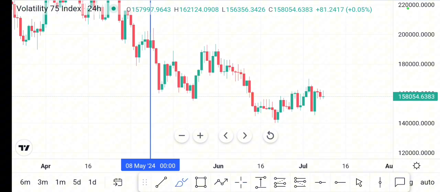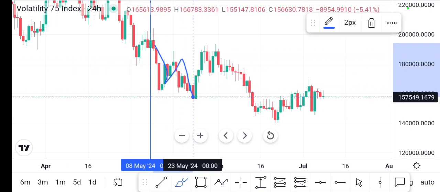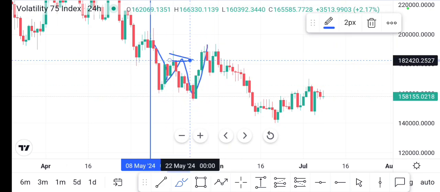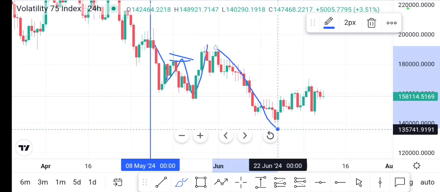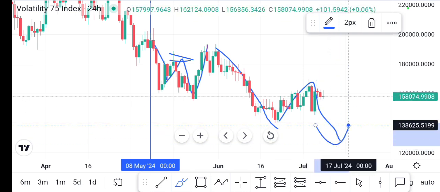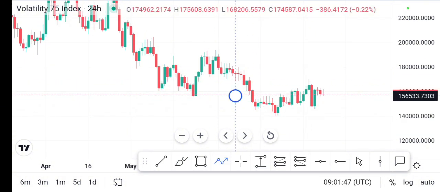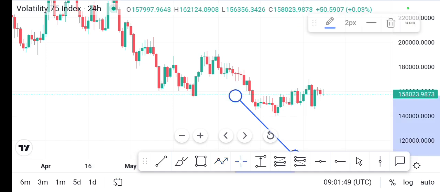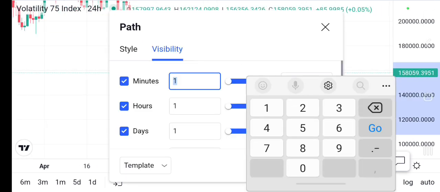As we can see right now, starting from here, the market made a low, we made a high, we made a low, we broke above our structure here, and then we continued to go down again. You can see we made a low here, we made a high, and now we are expecting another low so that we can go down. So this means the overall direction of the market is downward. We are looking for sell opportunities only. That is what we are supposed to be looking for.